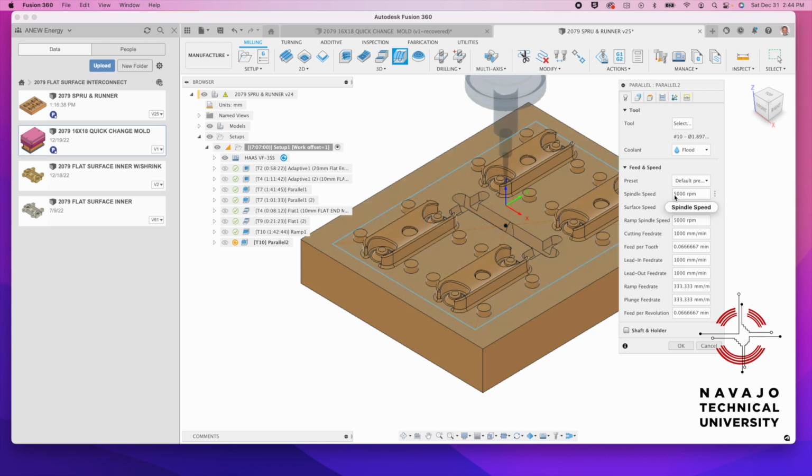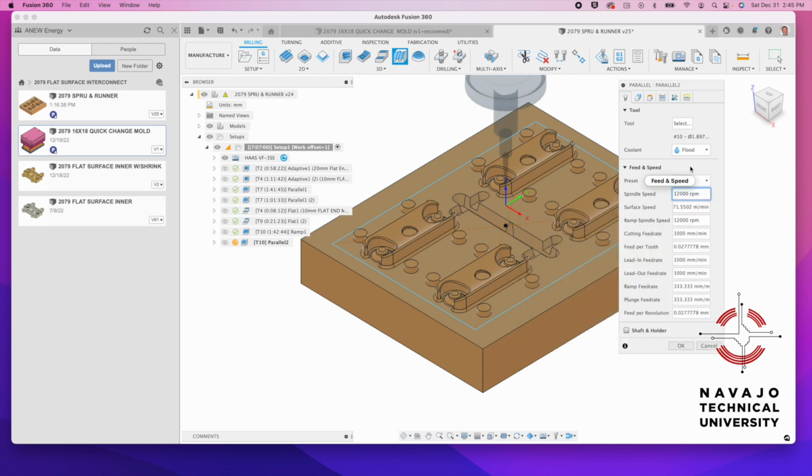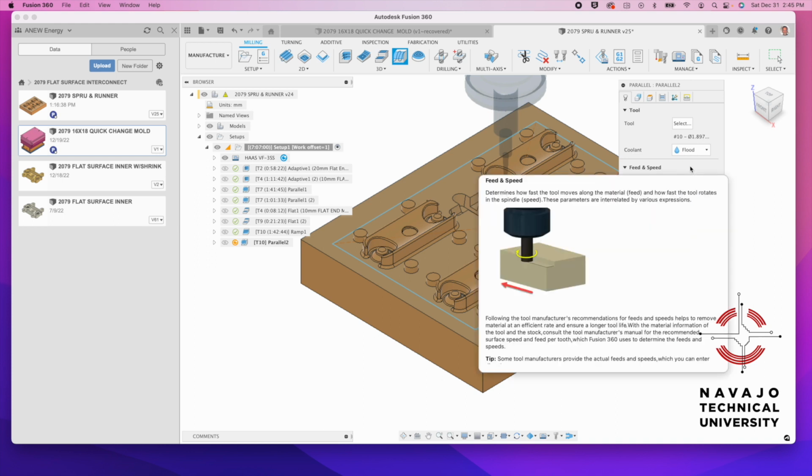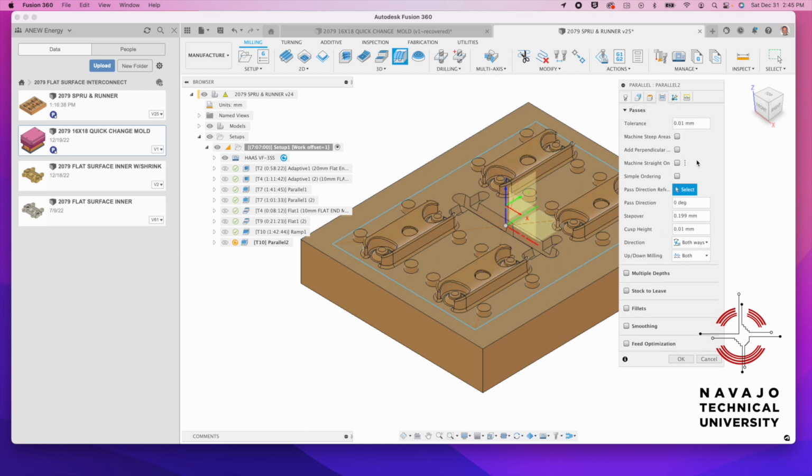And I'm going to crank the spindle speed up, and I think that this one goes to 12,000 RPMs. So the speed is running really fast, and that'll leave a really nice finish. And then I want to go in and I want to go two passes, and I want to take, and the step over, we're going to go